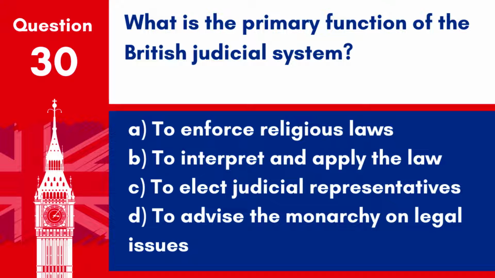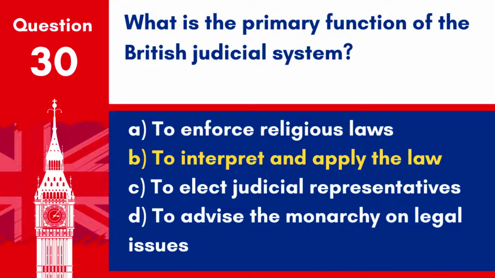A. To enforce religious laws. B. To interpret and apply the law. C. To elect judicial representatives. D. To advise the monarchy on legal issues. Answer. B. To interpret and apply the law. The primary function of the British judicial system is to interpret and apply the law, ensuring justice is served through